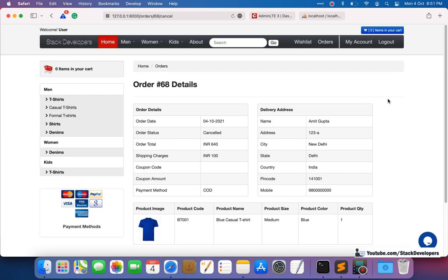Very easily, we need to check the current user. We need to check whether the current user is valid or not. If the current user is not valid, then we are not going to cancel the order. We will only cancel the order that is meant for the user who is logged in with auth. Another user can't log into the actual user's account, so that user can't cancel the order. The user can only cancel the order if they log in with the username and password.